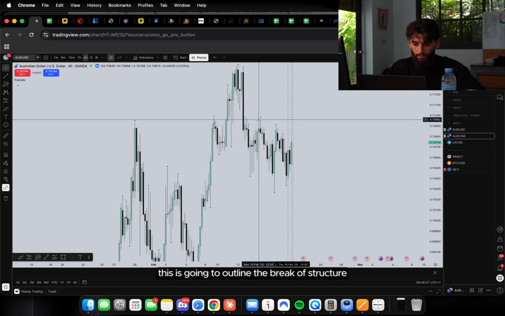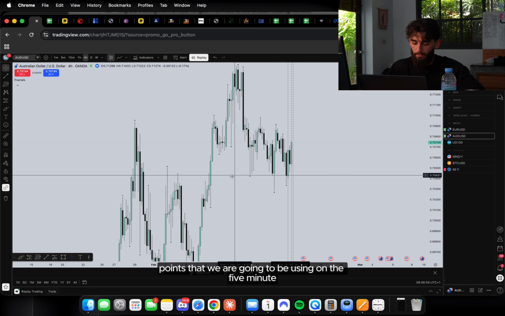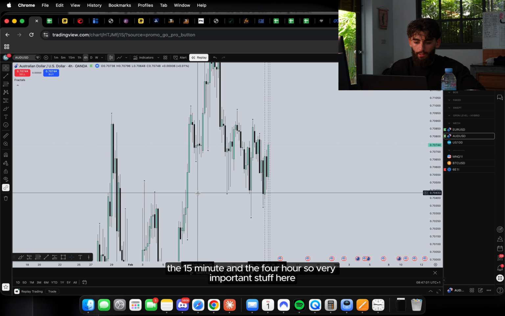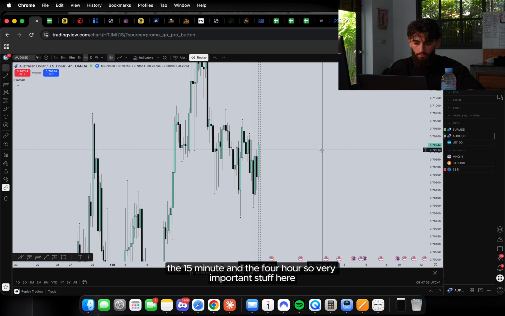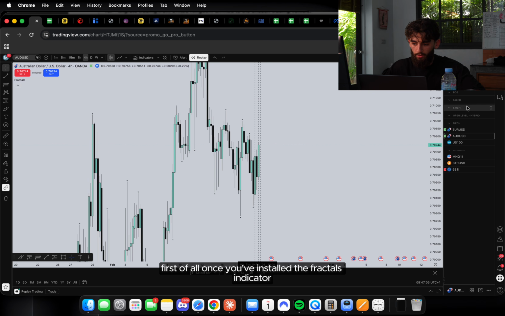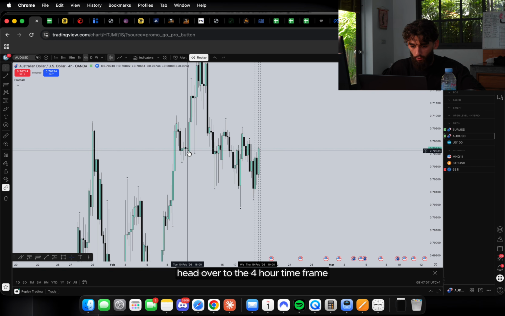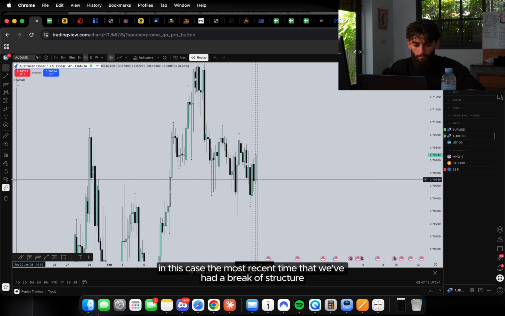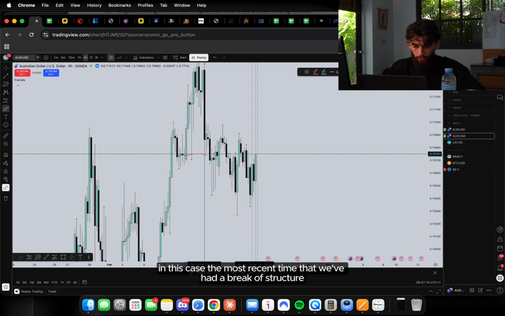This is going to outline the break of structure points that we are going to be using on the 5-minute, the 15-minute, and the 4-hour. So very important stuff here. First of all, once you've installed the fractals indicator, head over to the 4-hour time frame and find the most recent break of structure. In this case, the most recent time that we've had a break of structure was right here,